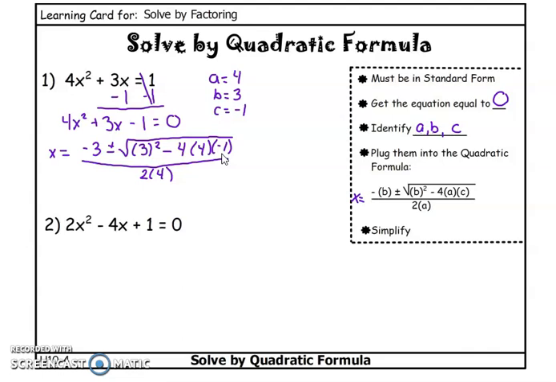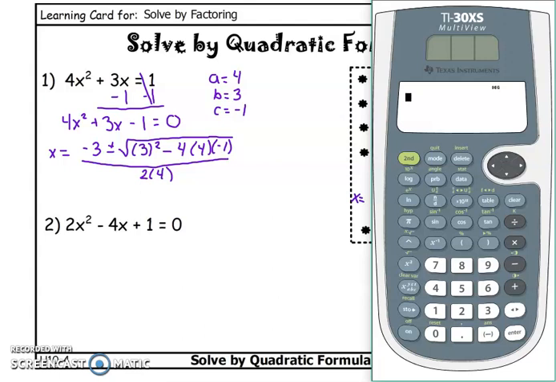Okay, now the tricky part with putting it into the calculator is that our calculator can't do plus and minus at the same time. So I always like to do the plus first, and then I'll go do the minus. Okay, first let's make a big fraction, so that's the n over d button, and then we're going to type it in exactly like it looks on our paper. So we're going to have negative 3 plus, then to get our square root, remember we do the second and then the x squared button, the square root, and we're going to do parenthesis 3, close parenthesis, square,